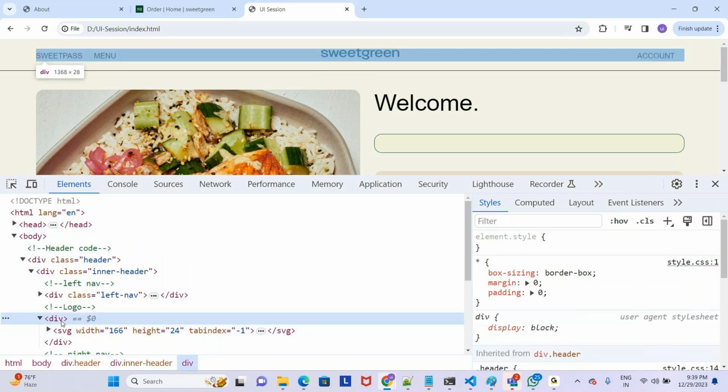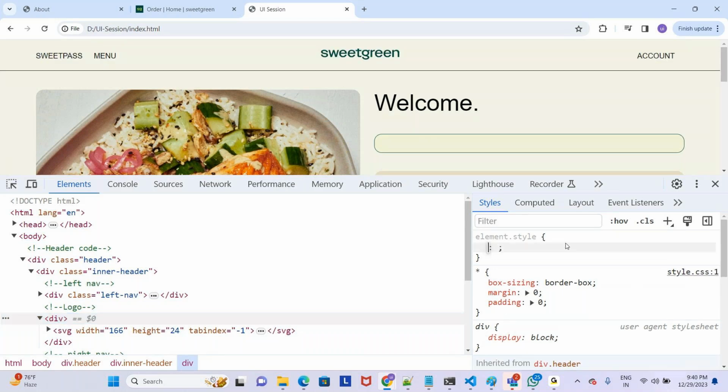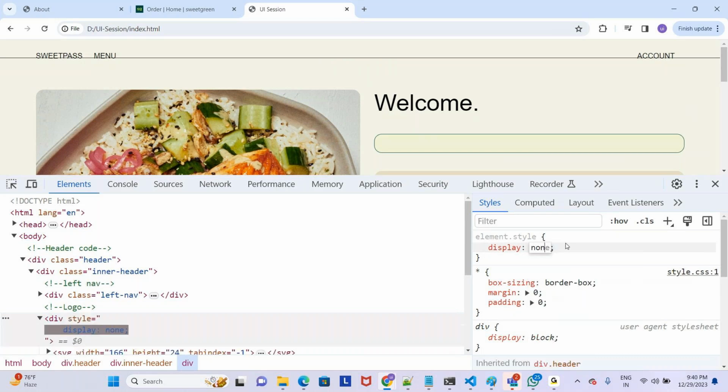Now you can observe whenever I hover on this div, you can see the area, how much area it got selected. Whenever I inspect this div, you can see this entire area. Now if I use display none, I don't see that element, and even if you look at this div here, you won't see anything here. So the opposite property of display none is